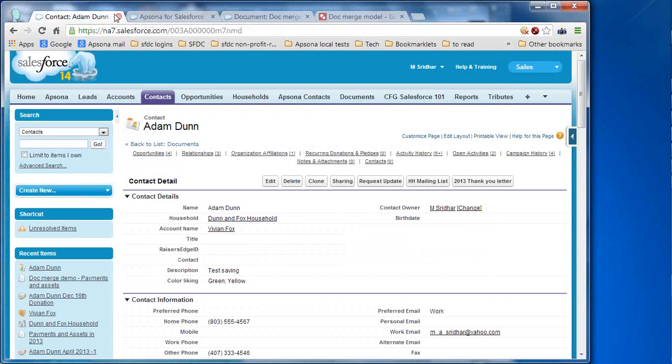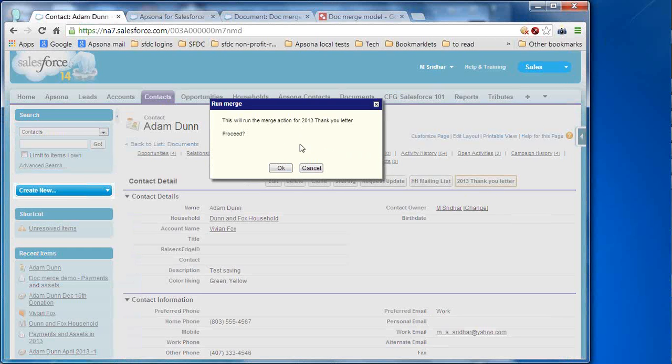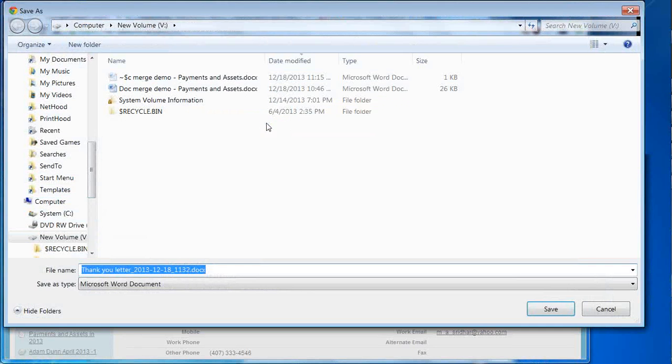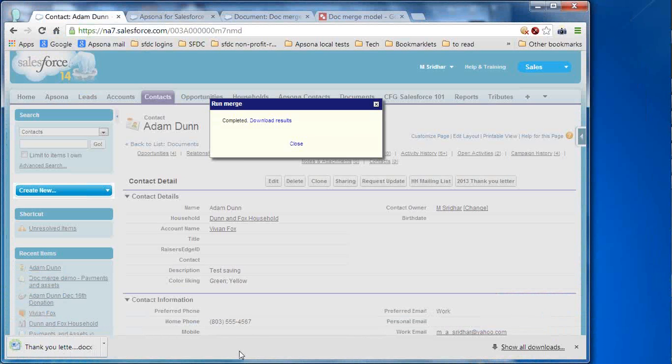What I have here is a nonprofit starter pack installation in a Salesforce.com org. And I have one contact open here, as you can see. The final goal, at least the short-term goal for this demonstration, is to be able to support a button here on the contact detail page, which when you click will produce a little pop-up. And when you say OK, we'll merge the data for this contact into a template. And if we download the results of the merge and save it and open it,